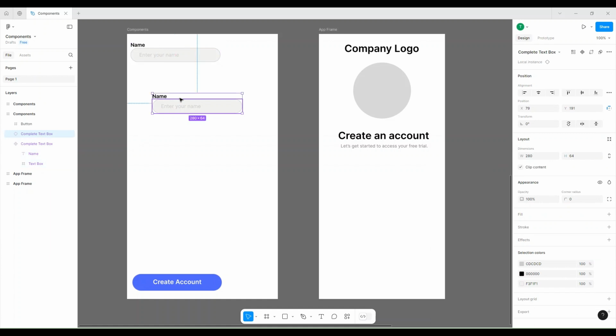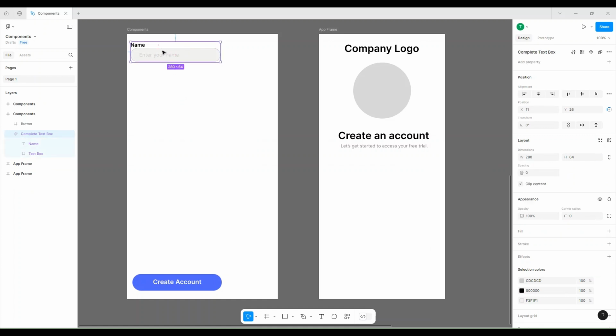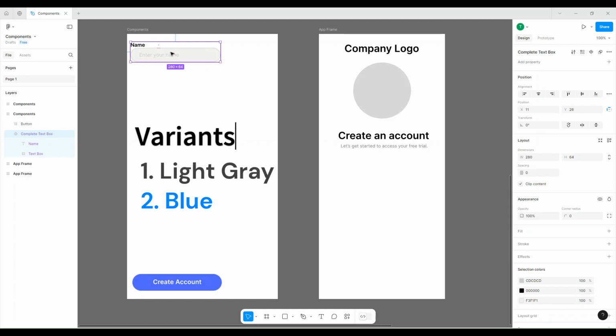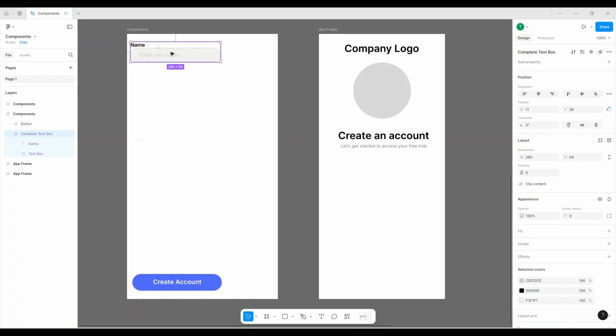So we're going to go ahead and go back and just start with this here as the master component. I want to create 3 different variants of this text box. First, we want this light gray, which we already have. But second, I want one with a blue exterior and black text for when it's selected. And then I also want one with a red line or a red stroke to show if there is an error. So what I'm going to go ahead and do, I'm actually going to make the error first, but we're